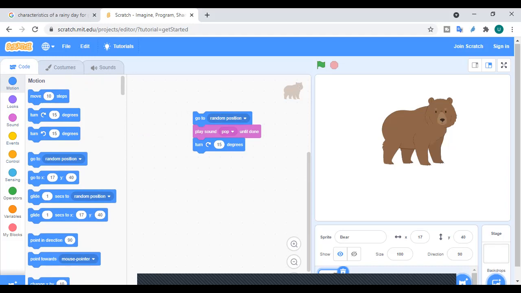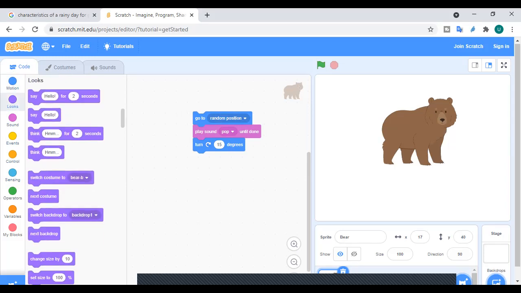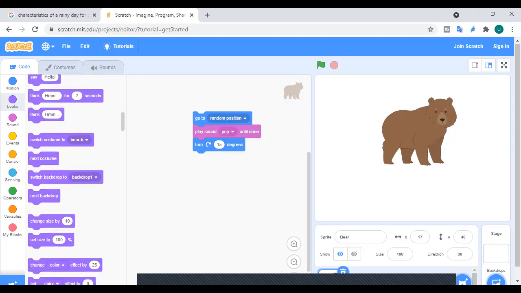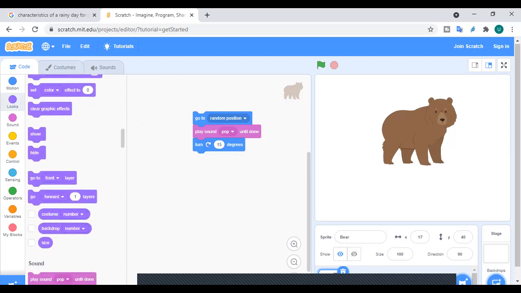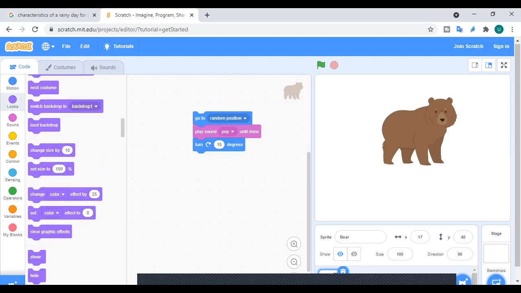Now the new thing that you are supposed to learn today is that you are supposed to click on Looks. Can you see the Looks option in purple color, second from the top? Yes, you will click on this. Now when you open this, you are supposed to find the block which says change color effect.